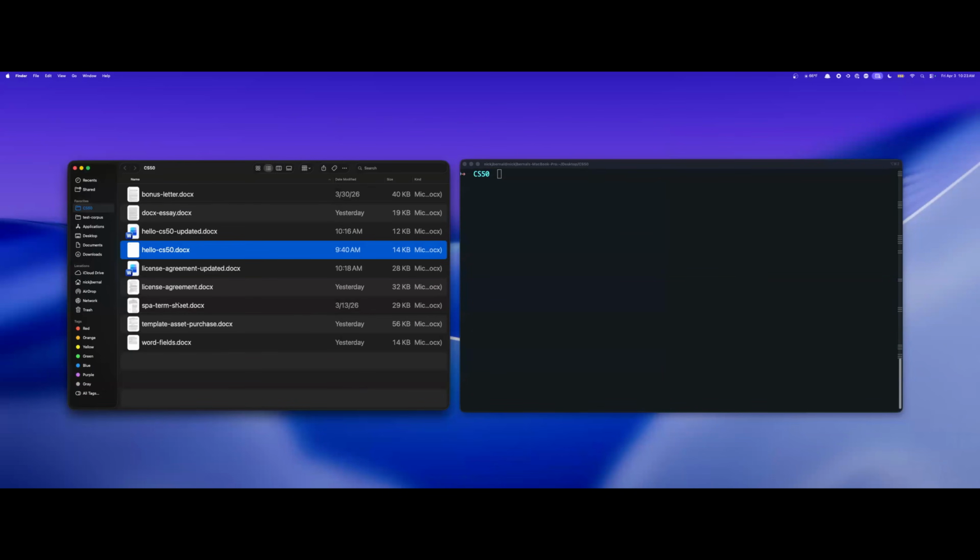And here in my folder, you can see it ends in .docx, right? And what this file actually is, it's actually a folder containing other folders and files. What do I mean by that? Well, it's actually a zip file.